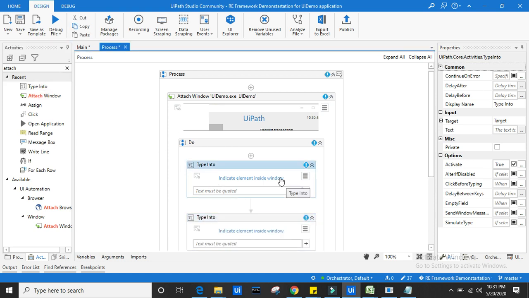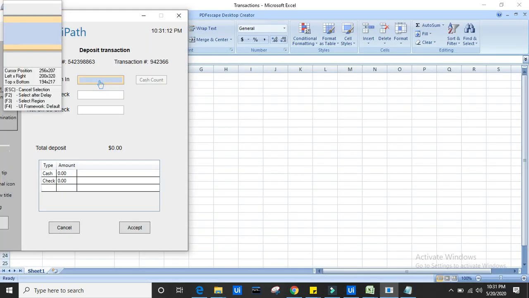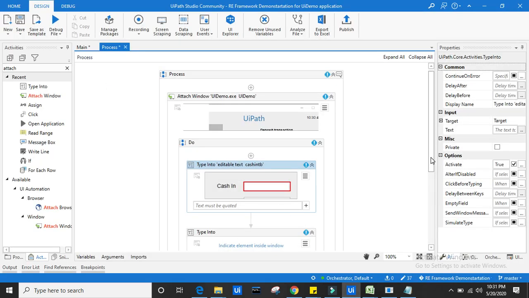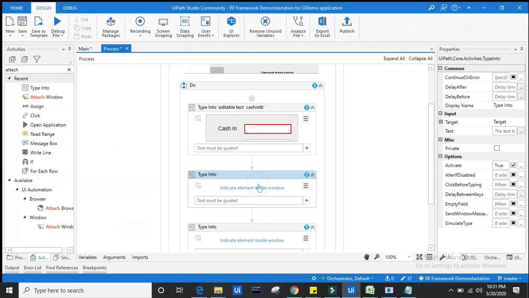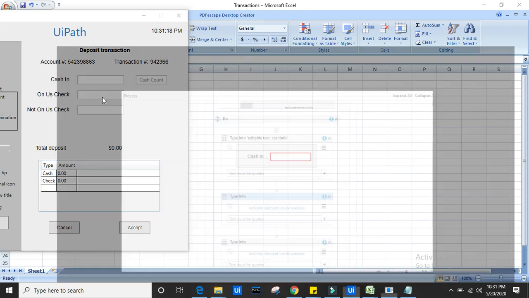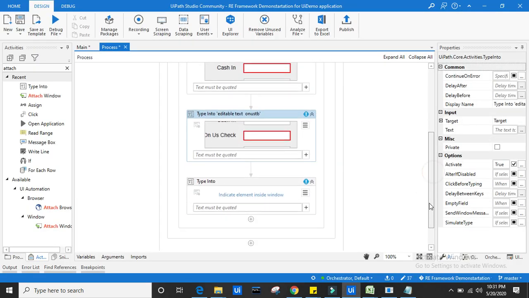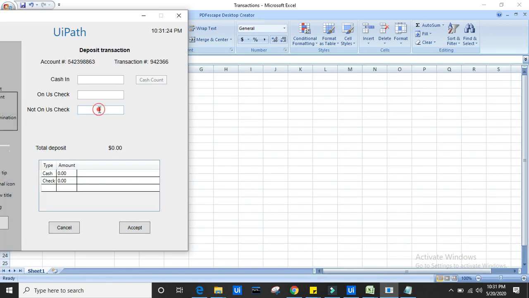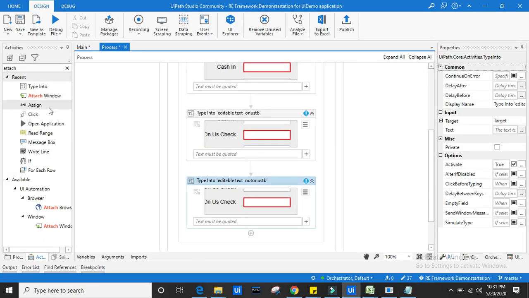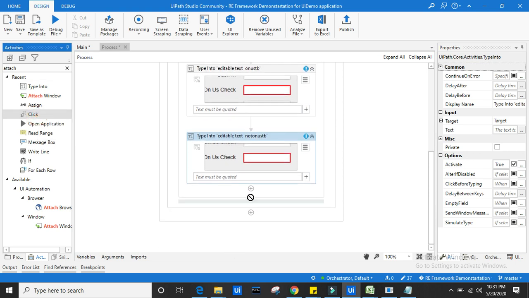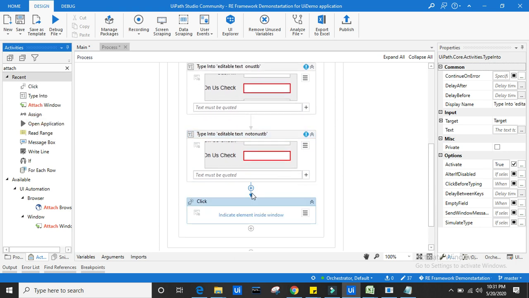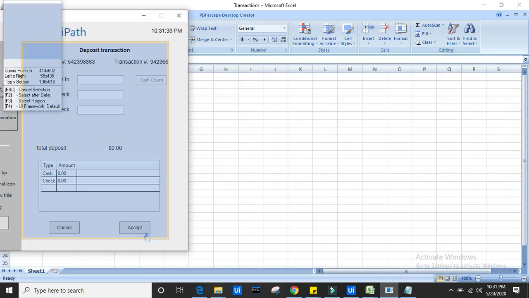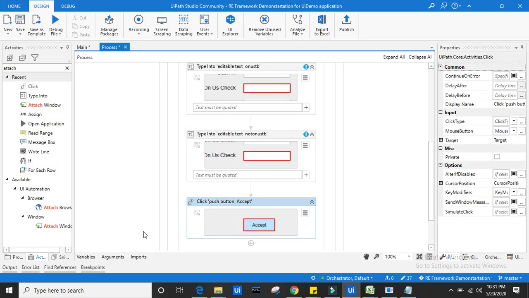Let's indicate the element. Cash in, indicate on US check, then not on US check, then I should write click. I need to click the accept button, right? So let's accept, correct.